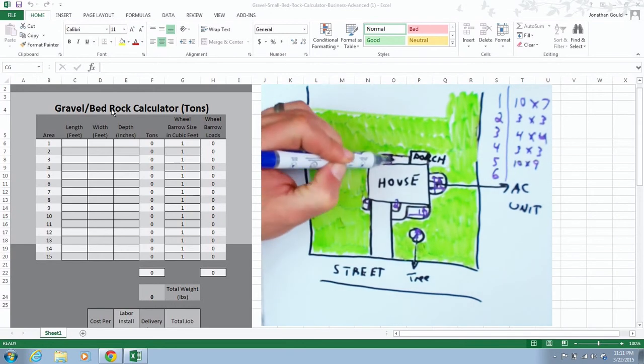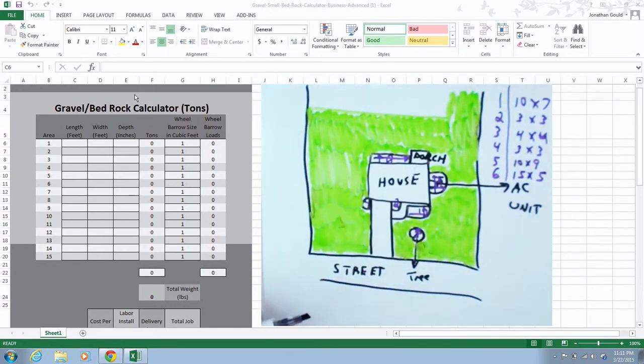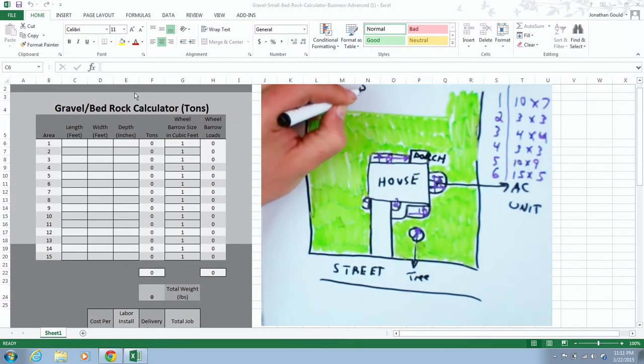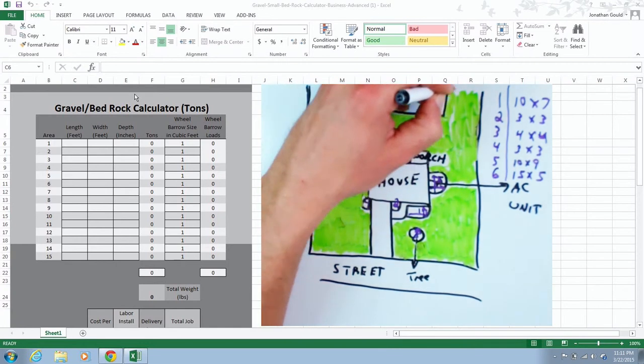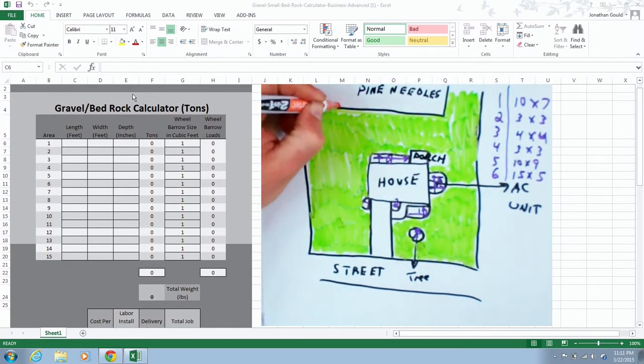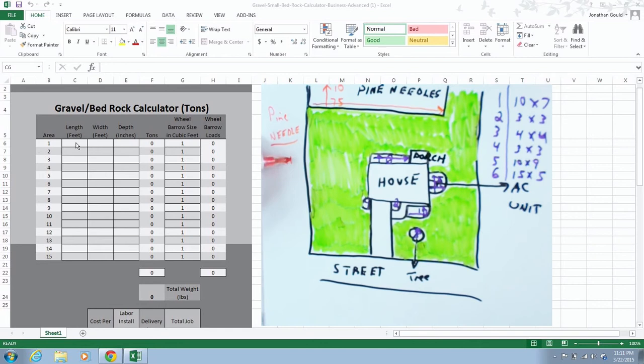but that job I laid bedrock all in the front, and then I did the pine needles in the back, or I measured for it. We ended up not doing pine needles. We ended up actually spreading juniper bushes just to do ground cover on a back hill. So anyways, this is small bedrock, and so we're going to put in here the dimensions that were drawn out